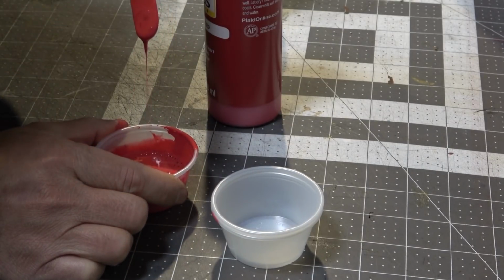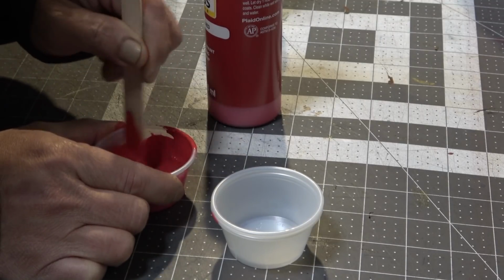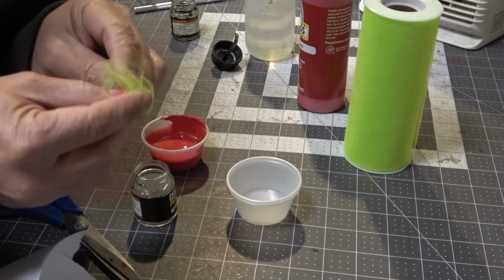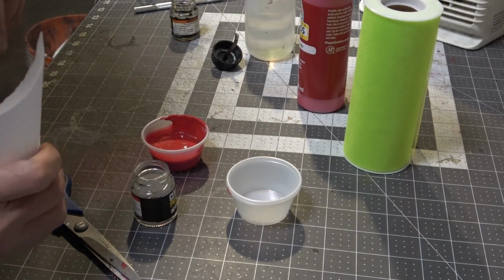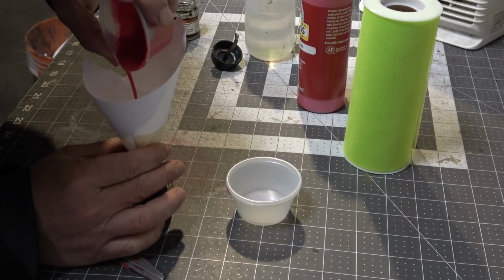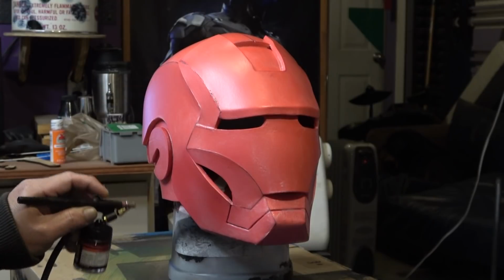And I really don't have a formula for thinning down paint, because all paints are usually different. And most importantly, you have to filter out the little particles inside your paint that you didn't mix out well. I'm using some tool and I'm going to shove it into this homemade funnel made out of paper, and then I'm just going to pour my paint right through it. That tool is going to capture all the little particles and little chunks that can clog up my airbrush,